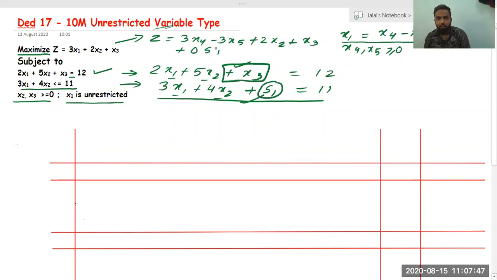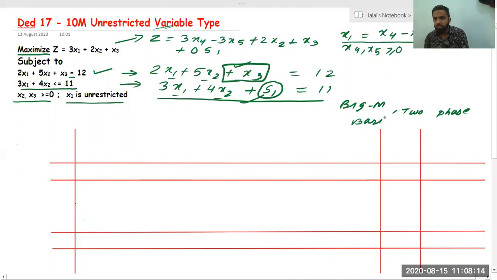Okay. Now there is no artificial variable, if you can see. If you just go through this, you will be able to find that there is no artificial variable. So we just need to solve this question. We can solve it by any method. There are three methods. We can solve it by Big M, we can solve it by two-phase, I hope you remember, and we can solve it by basic simplex method, right?